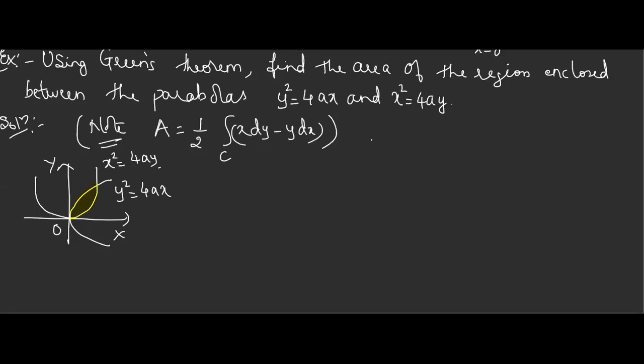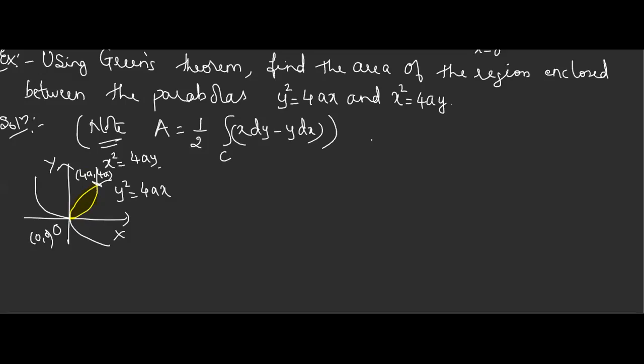And they have asked us to find what this area is. This we are going to find with the help of Green's theorem. Now, these two parabolas are intersecting at 2 points. One is the origin, which is very clear here. What is one more point here in the first quadrant? Do you remember? 4a, 4a. Very good. It is 4a, 4a. If you write it directly also, they will give you marks.